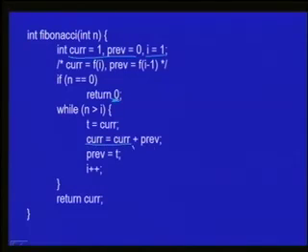So we add up the two terms, and that becomes the new value of Cur, and the value of Prev is the old value of Cur, which we saved in t and then assigned later to Prev, and then we increment I, because now one more term in the series has been computed. And finally, when n becomes equal to I, we return the value of Cur, because that will be the value of f of n. Now, so that's simple enough, but looking at this